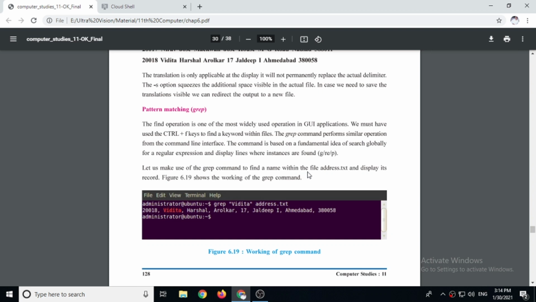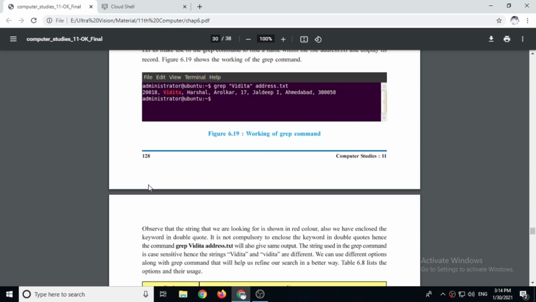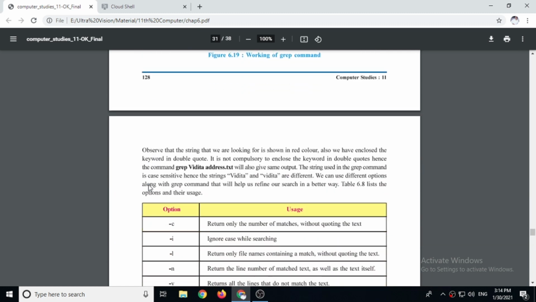Actually, the grep command is represented as g/re/p, this type. So let's see how the grep command works. We have already created the address.txt file. Now let's find the word Vidita from the address.txt file.